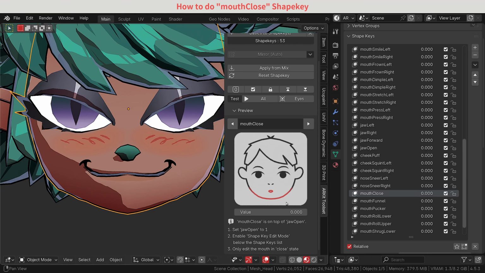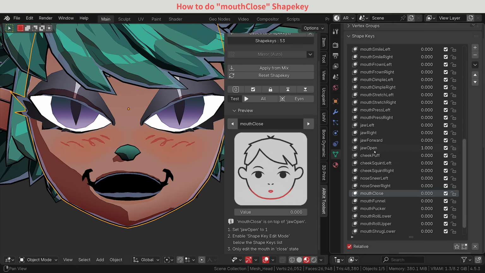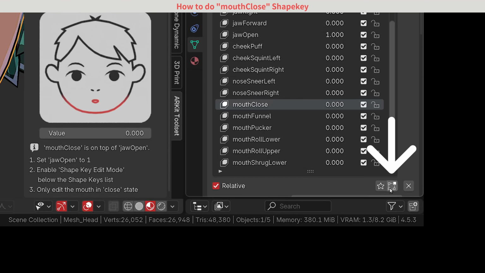Okay. I just want to take the time to explain, because this one is probably the hardest to understand. You have a specific setup to respect. So, like the information tells you, mouth close is on top of jaw open. You've got a little tutorial here. So, we'll just set up jaw open to 1. Enable shape key edit mode below the shape key list. This is this button.